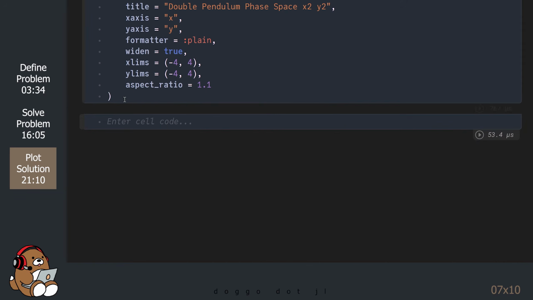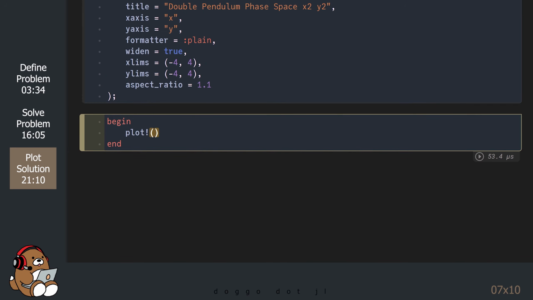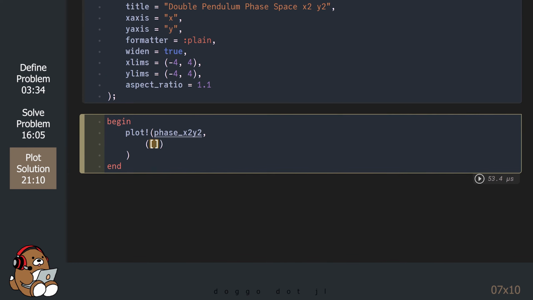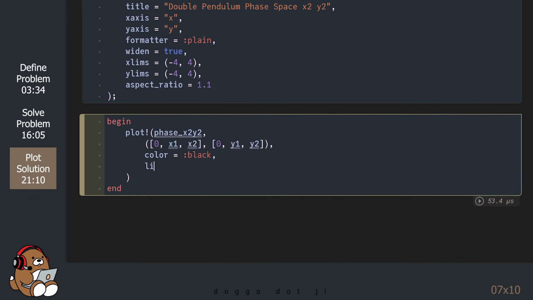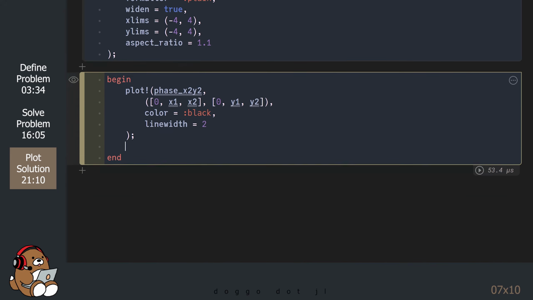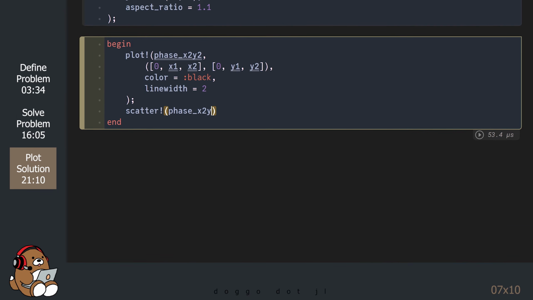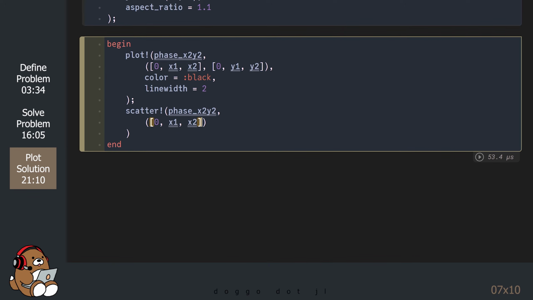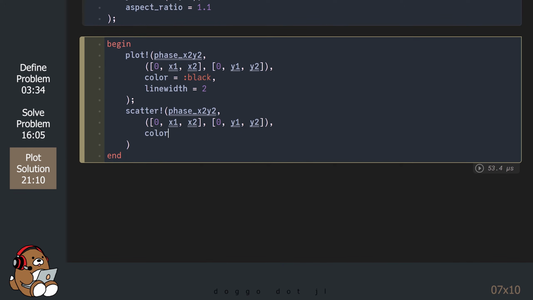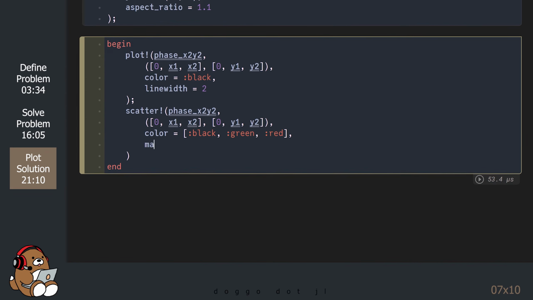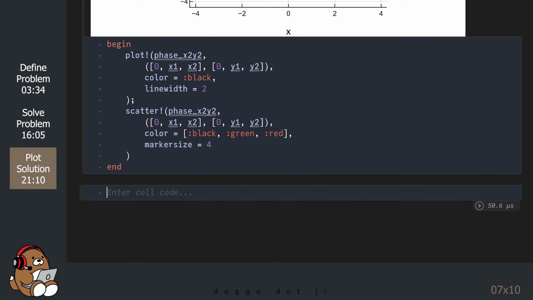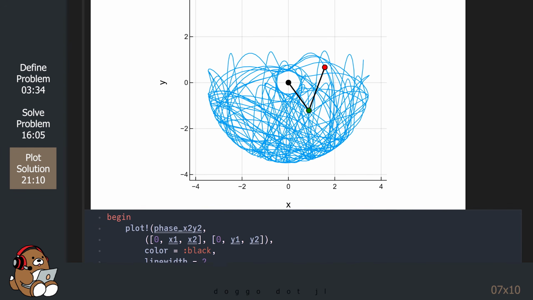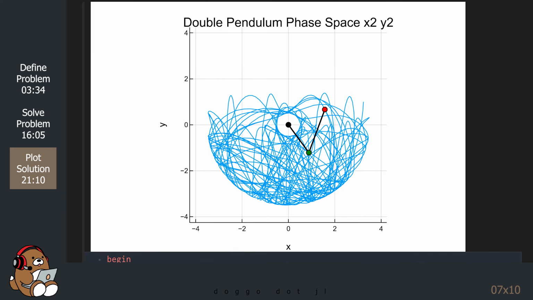Let's suppress this plot so we can add some elements to help visualize the pendulums. The black dot is the origin.